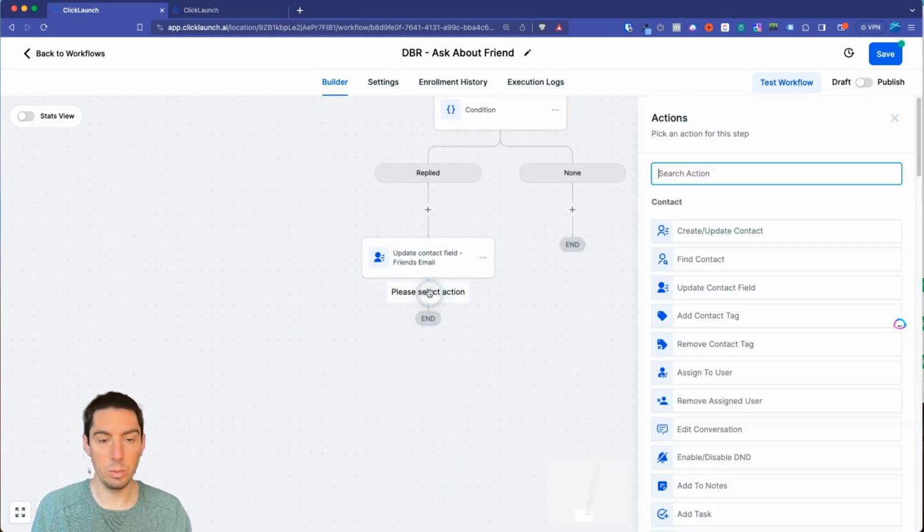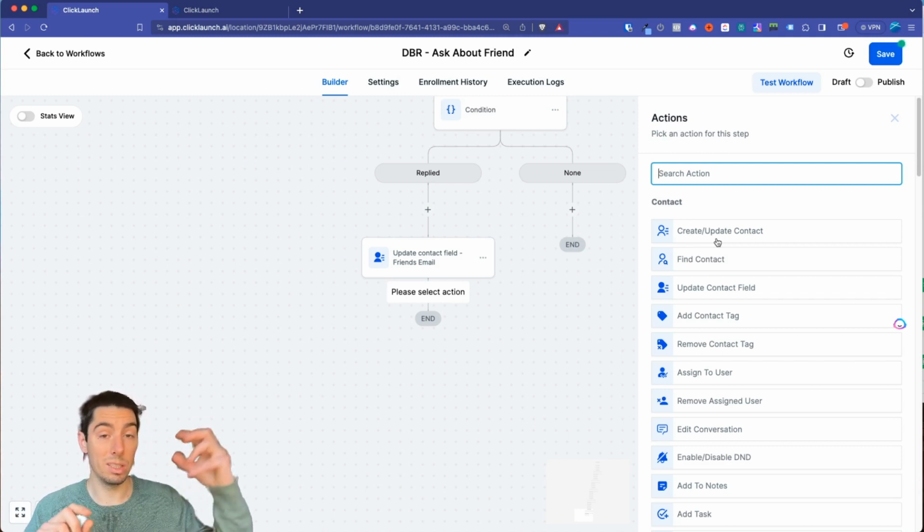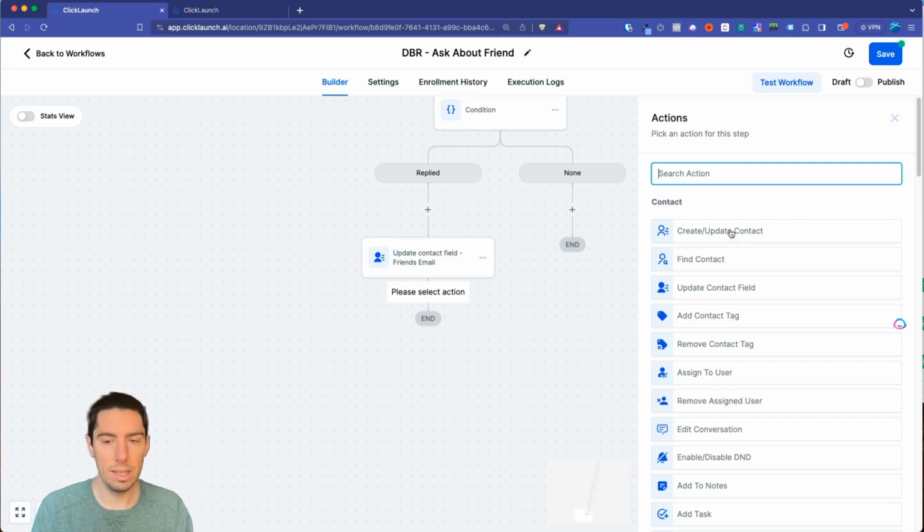So now next thing we need to do is, what you tried doing was create a contact using this step. Now that's not going to work because the error that you got was the contact is already in this workflow. True, because workflows are contact based. So there's a contact in here, you can't go create another one. This is actually kind of a special use case. So this has to be done in a separate workflow.